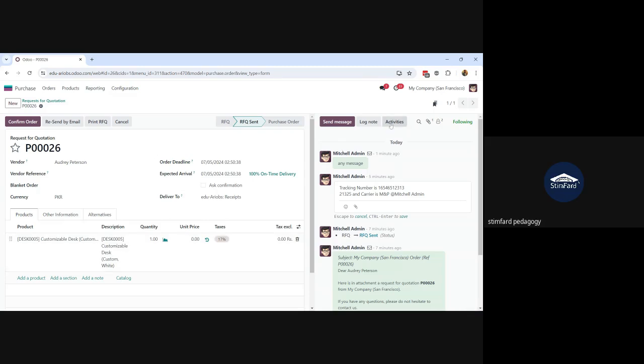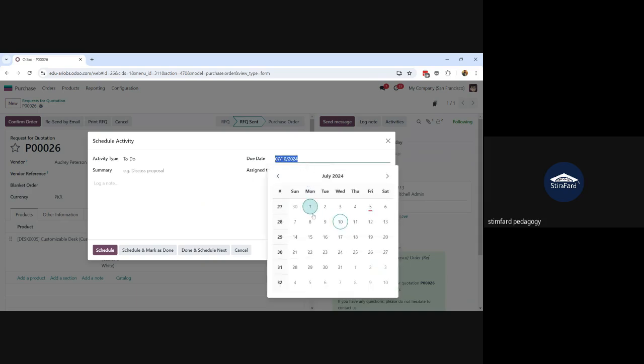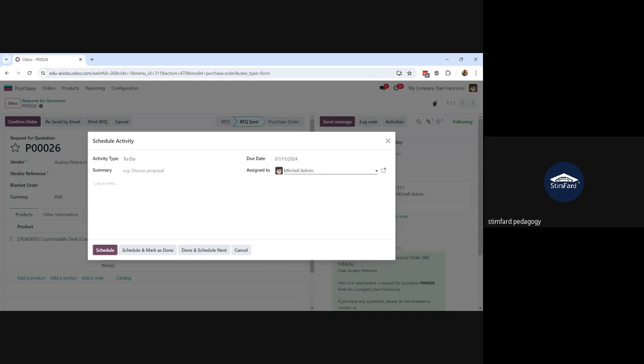Okay, and then the third option is activities. So if you want to create any activities related to this document, you can create here. So let's say you have added an RFQ here. Do you want to add an activity for yourself to have a follow-up from the vendor tomorrow? So you can add here, activities are just like reminders. So you can add here a to-do activity, due tomorrow, assigned to yourself, and the summary to